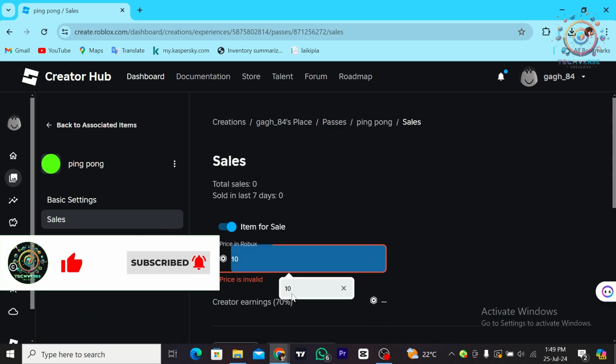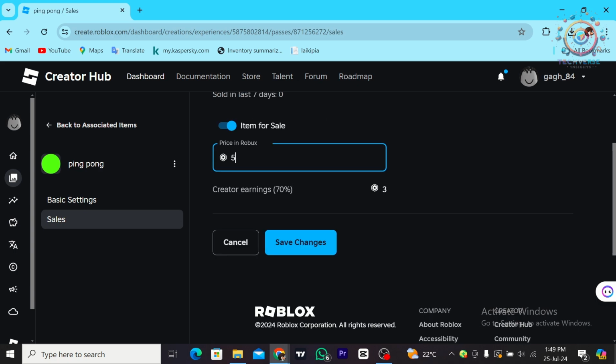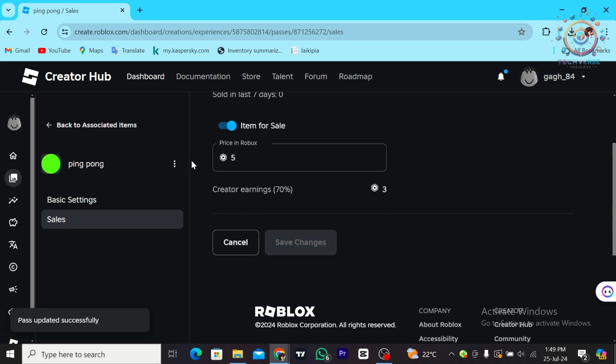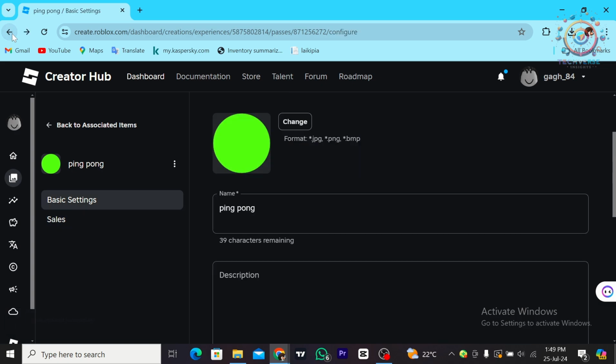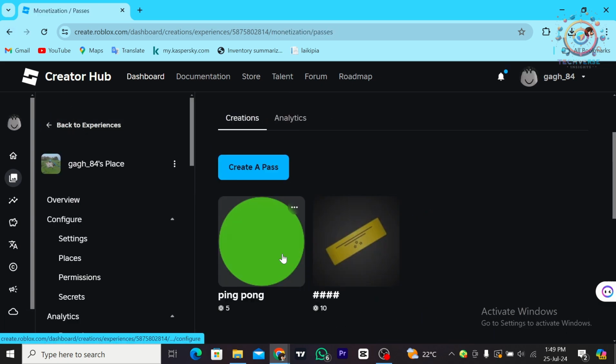I'm going to put the price at 5, and I'm going to be earning 70%, which will be 3 Robux. Then I'm going to tap on save changes. In case you did save it and you are not able to see it here at the passes,